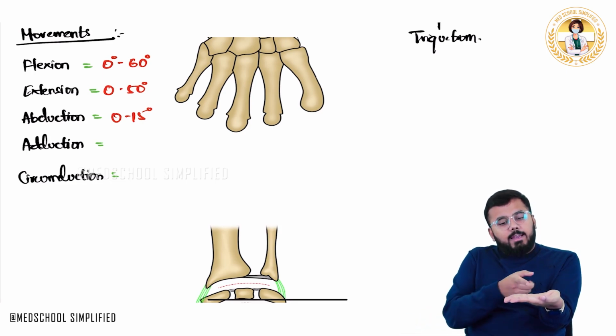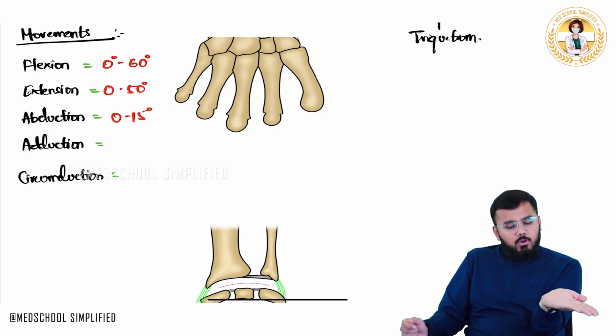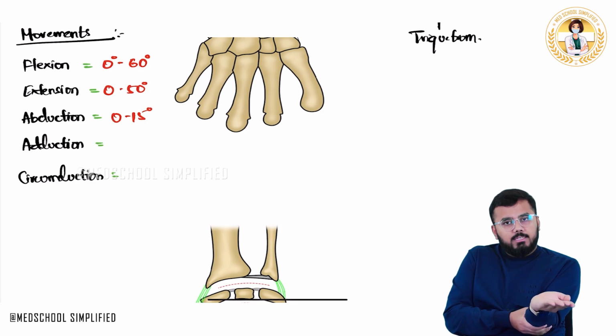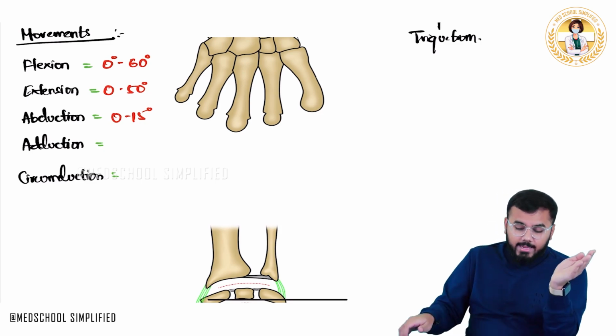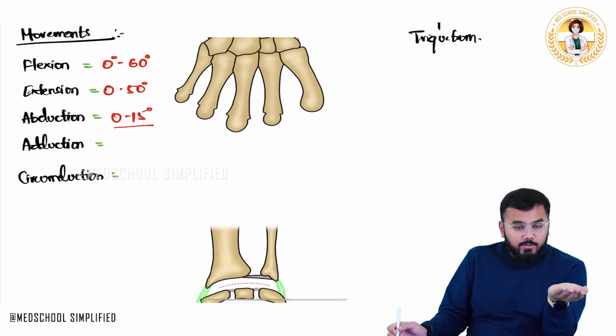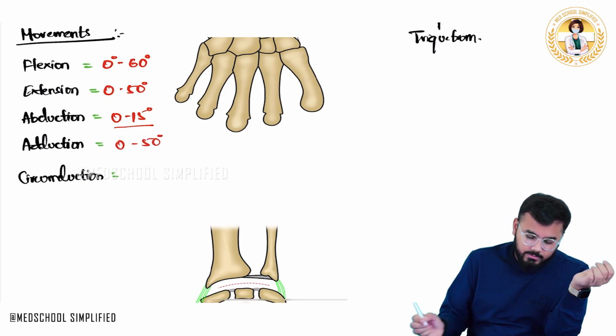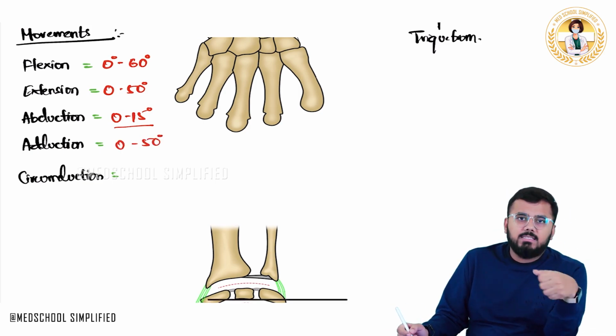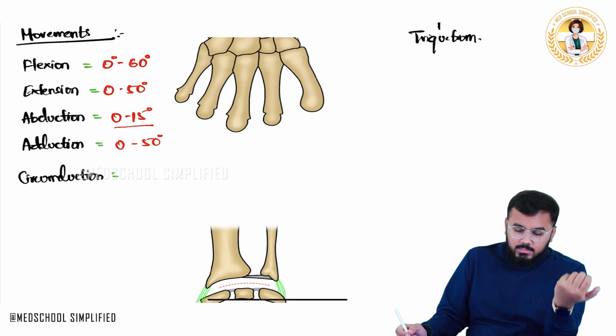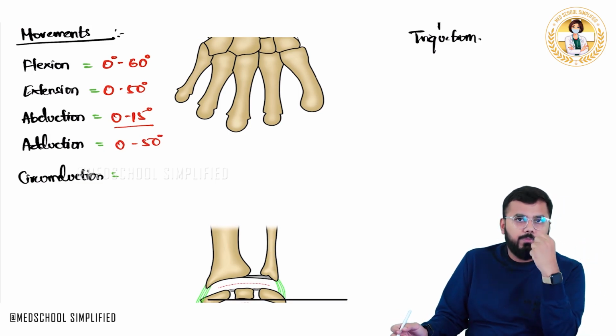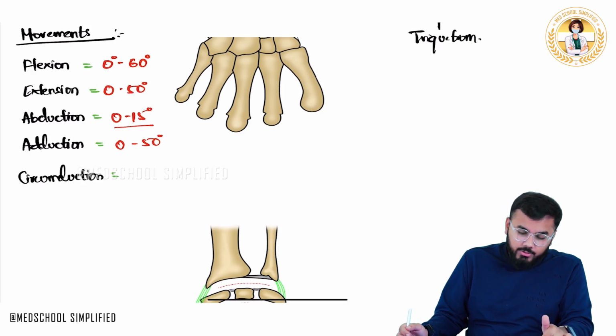So in the same way, can I do it on the opposite side? No, I cannot do it on the opposite side. The range of motion is restricted over here, but here the range of motion is not restricted. So the angle also will be less, 15. Then what about this angle here? 0 to 50 degrees. And circumduction is completely making circles, right? So this is an important thing which you need to know. Okay. Next important thing which you need to know is that